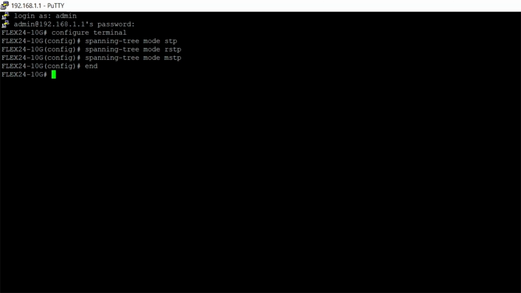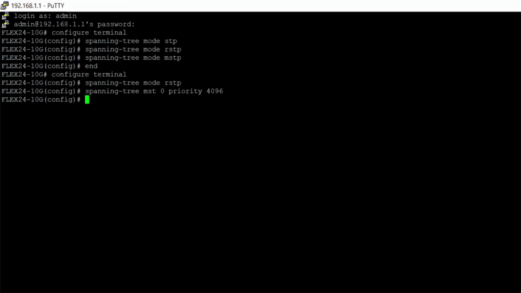The commands needed to make these configurations will be configure terminal, spanning-tree mode RSTP, spanning-tree MST 0 priority 4096. The default priority for all NVT Phybridge switches is 32768. Assuming all of the switches in the topology are left at their default priority, this switch will become the root bridge because its priority has been set to 4096, which is lower than the default